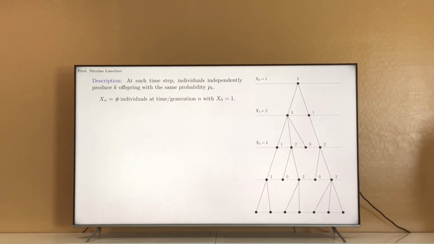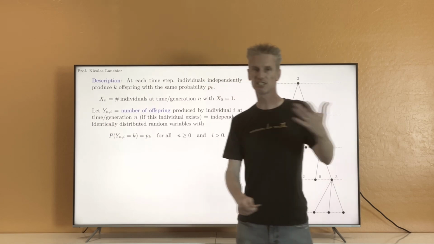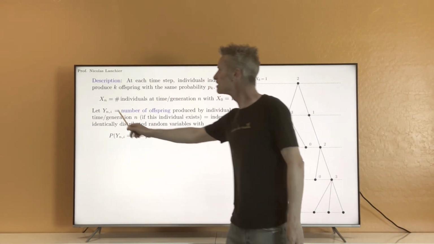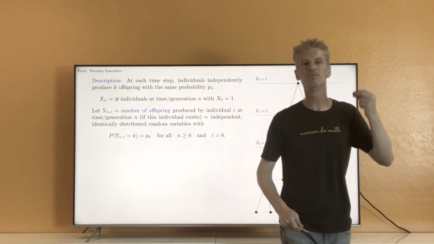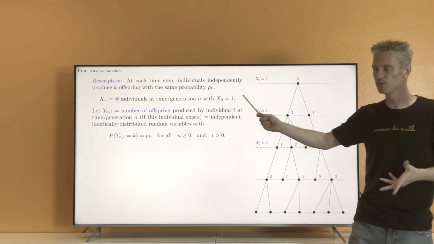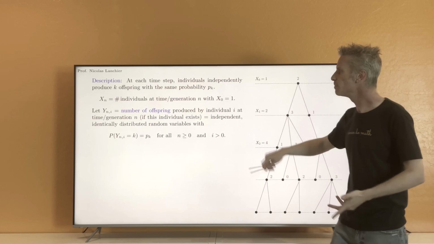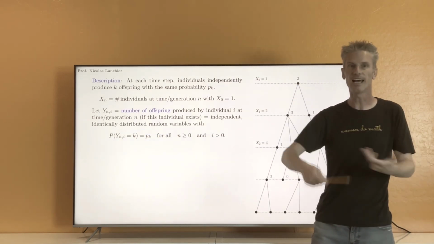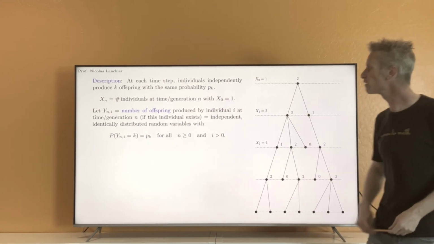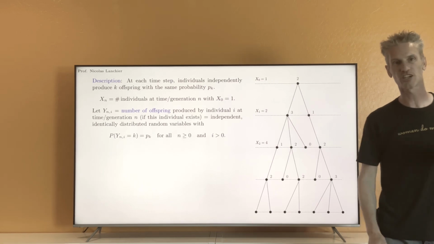So more precisely, I'm just going to take a doubly infinite collection of random variables that I'm going to call Y_{n,i}. Those Y_{n,i} have the same distribution as this random variable Y that I told you how to simulate. And all those Y_{n,i} are independent, identically distributed, and equal to k with the same probability pk. This is defined for all n larger or equal to 0 and for all i strictly larger than 0.